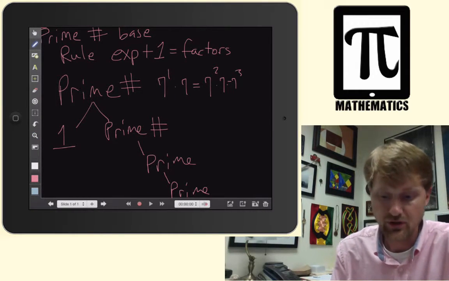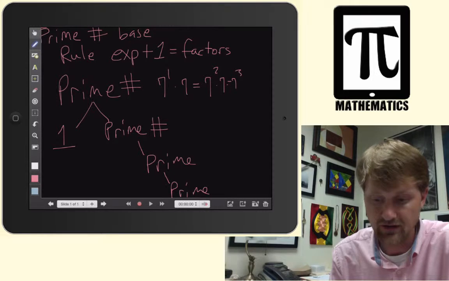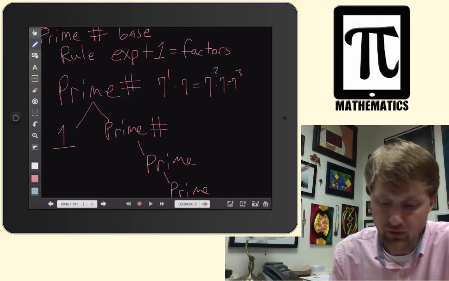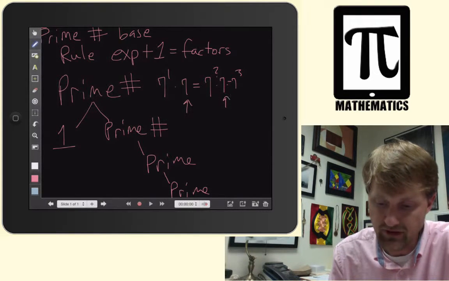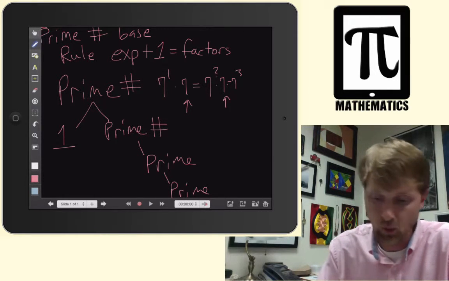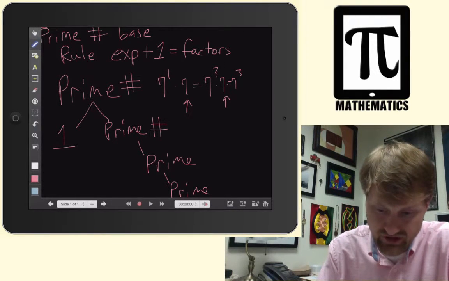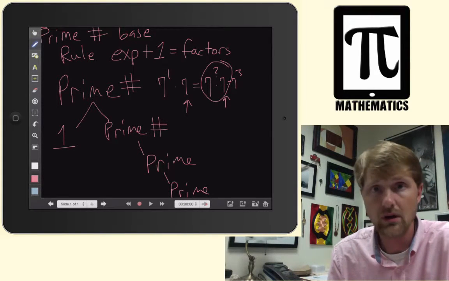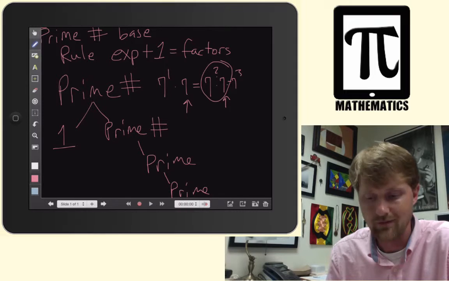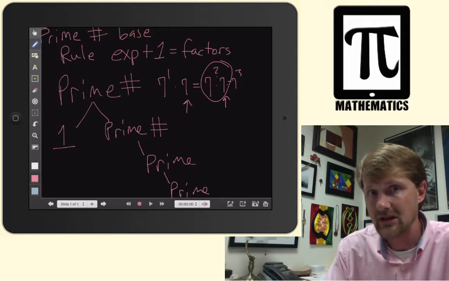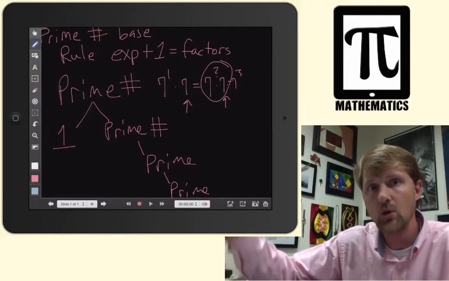Okay? And so you have 7 to the first power times 7 gives you 7 squared. 7 squared times 7 gives you 7 to the third. And the idea is that every time you multiply it times this 7 here, you're going to get a new factor. Okay? It's going to be whatever 7 squared times 7 is. So 7 to the third. So 21, or I'm sorry, 49 times 7. So every time you multiply it by that base again, the product is the only new factor